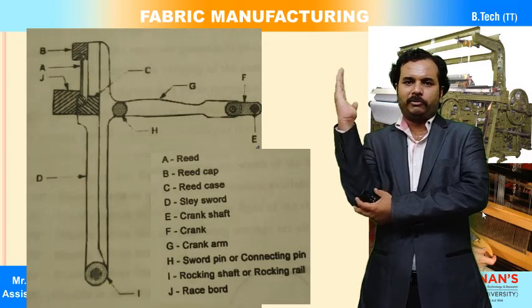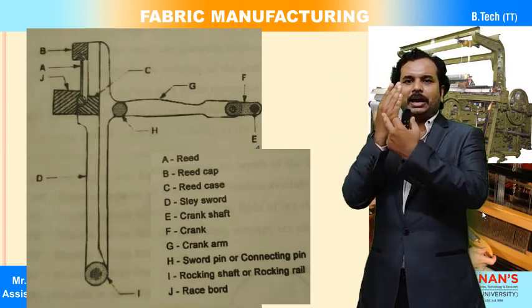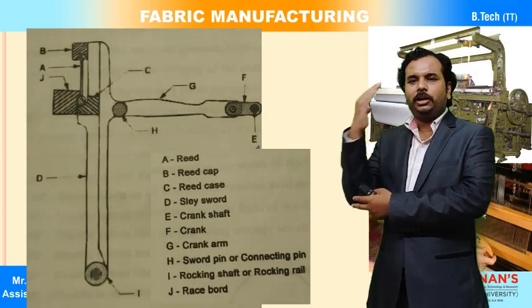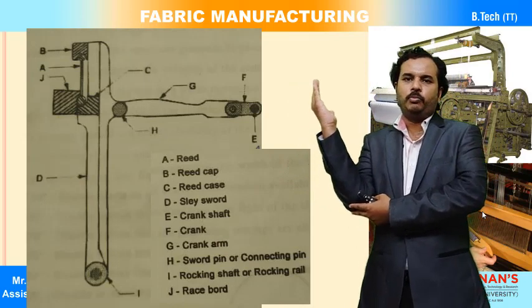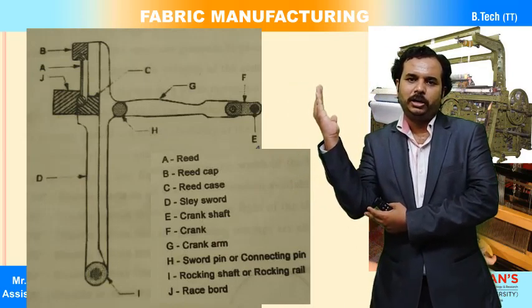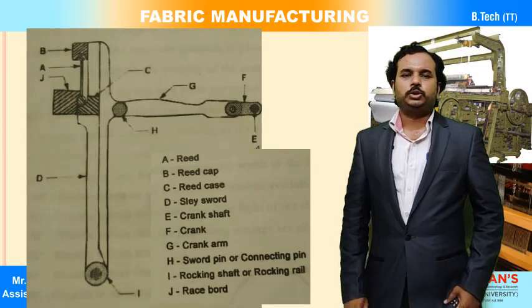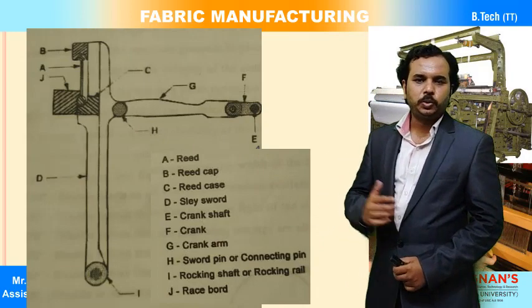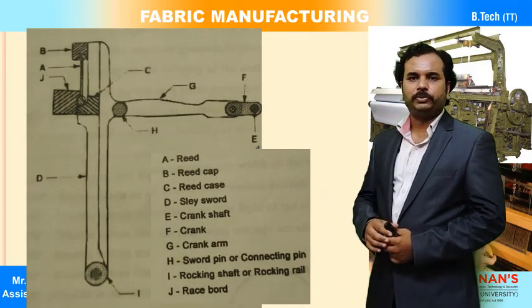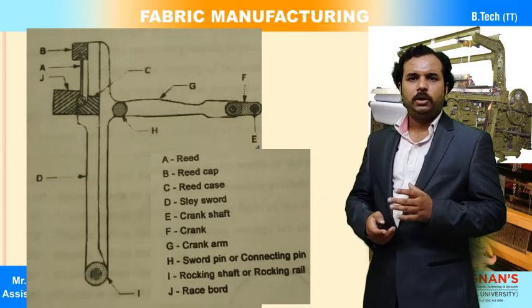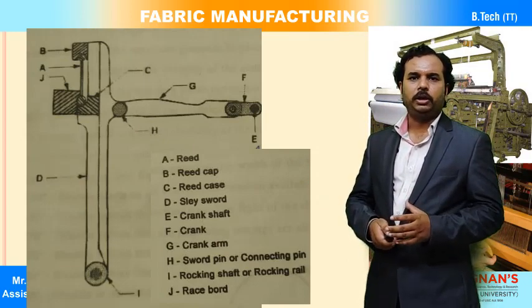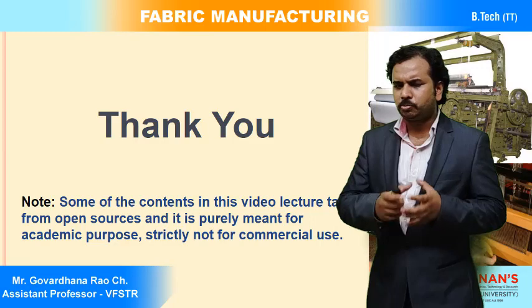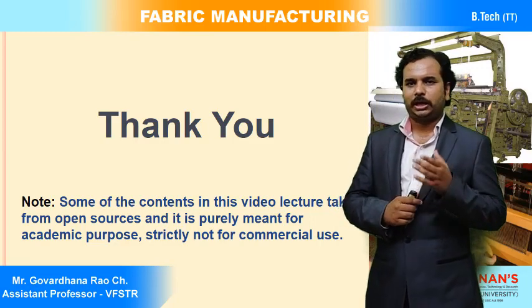So how is it moving forward and backward? It is fixed here, and there is a connection to the crank. The crank is rotating. Once the crank is rotating, it will take back, and if it rotates forward, then it will give the forward motion. Once it is forward, the newly inserted weft yarn is going to be beaten up towards the fell of the cloth. Okay, so this is how the beat up is going to happen. Now you can see the same mechanism, how it is going to work. We will see a small video on the beat up mechanism so that you can understand more.